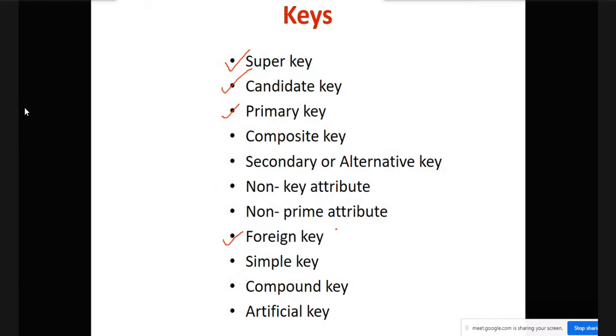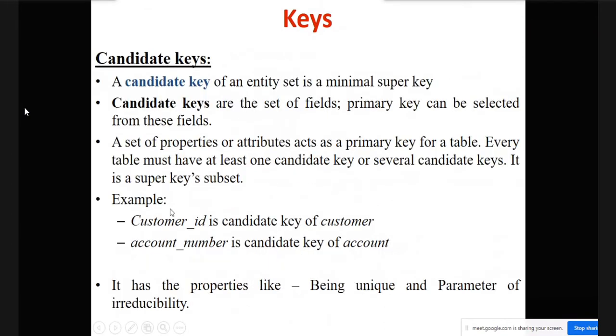Foreign key concept, more detail we require in the relational model, that is your third chapter. Still, I will give you the concept of that right now. But still, these are some keys which you should know, at least what those keys are and how they are related with the primary key and candidate key. They are important. So I have added all those things for you. We'll go through them one by one.